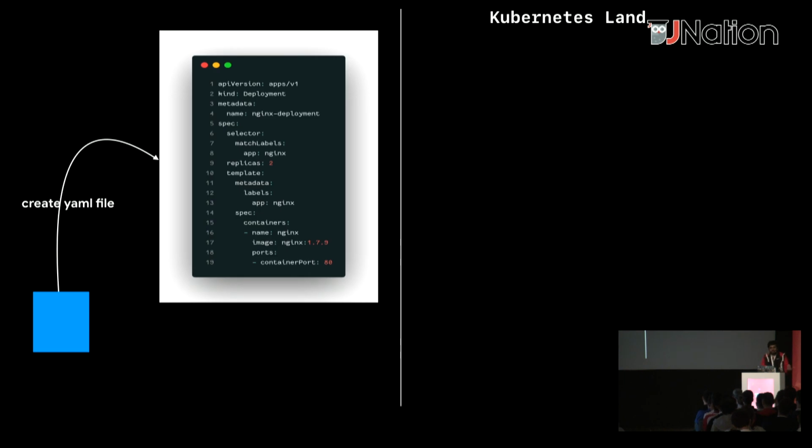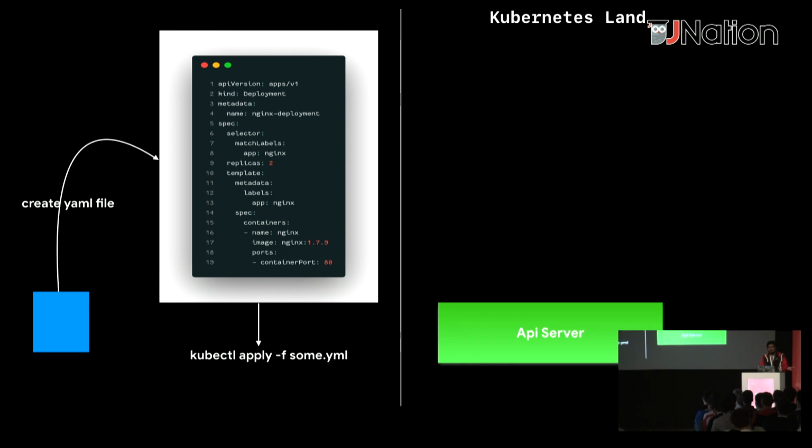So you have a Dockerfile. You have a container. Consider that as a container, a small blue box. You create a YAML file for that container, which looks something like this. It uses the container image. This is just a simple YAML file. And what you do is run kubectl apply -f some.yaml, the YAML file that we